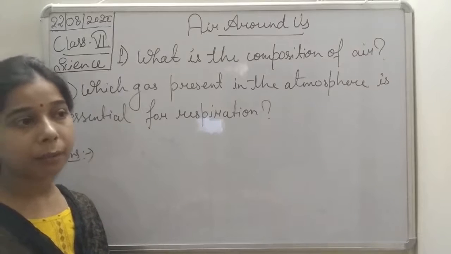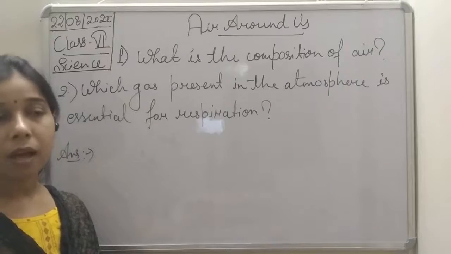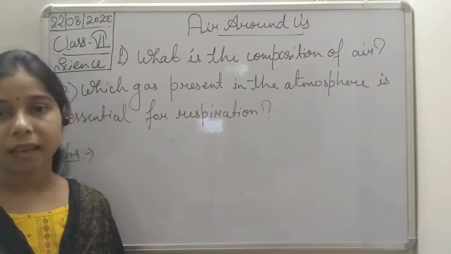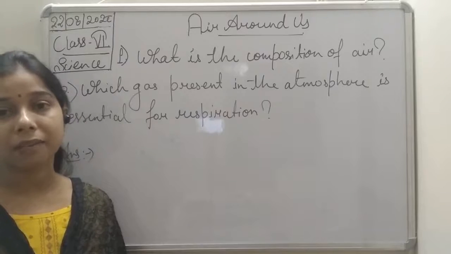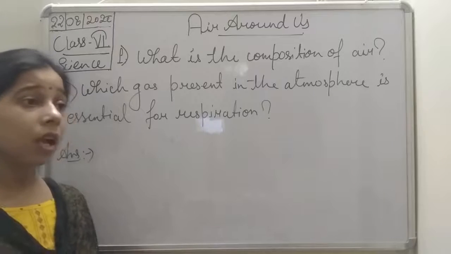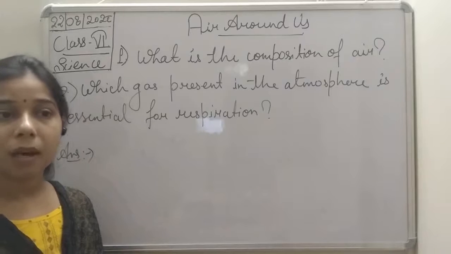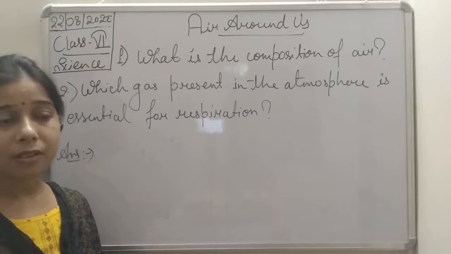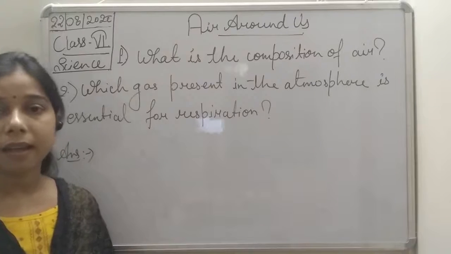How is oxygen available for animals like the earthworm that live inside the soil? And also how is oxygen available for the aquatic plants and the aquatic animals? In that discussion we did an activity showing that air is present in the water. Later on we also talked about how oxygen is replaced by carbon dioxide, or how carbon dioxide is used by the plant for photosynthesis and hence it releases